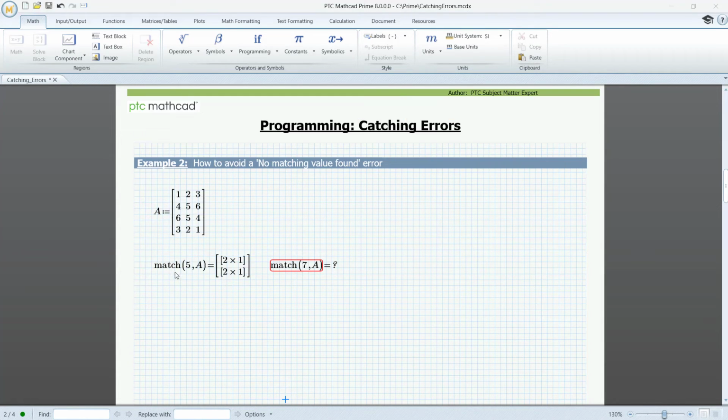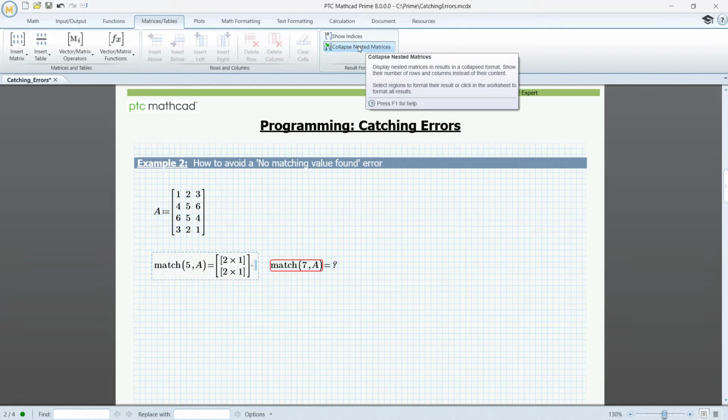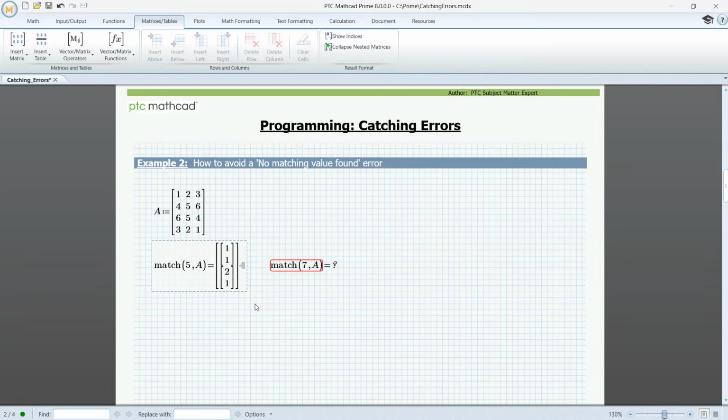Here we are searching for the element 5 in the matrix A, and we can see 5 occurs in two places. We'll have the result returned as a nested matrix. To unnest the matrix, go to Matrices Tables tab and deselect Collapse Nested Matrices, and we'll see the positions where